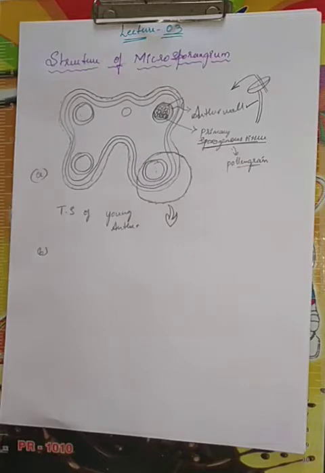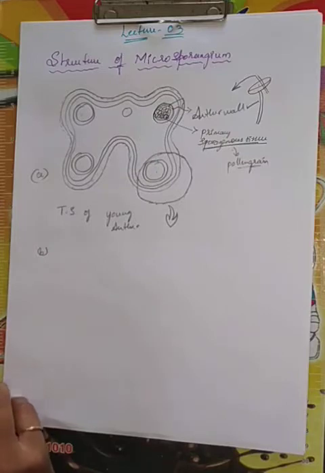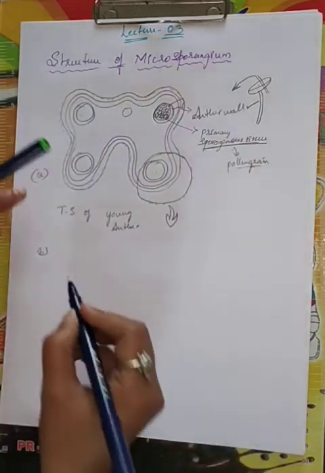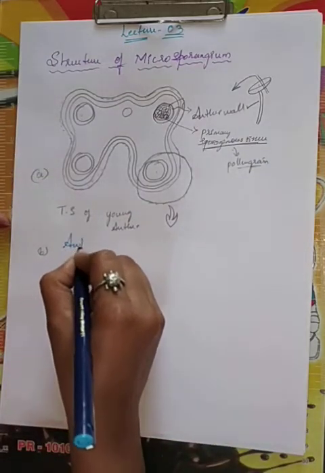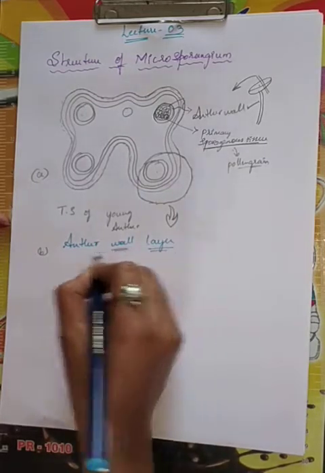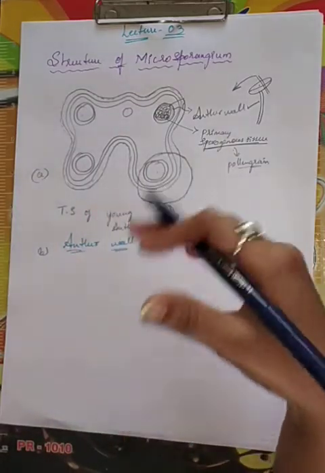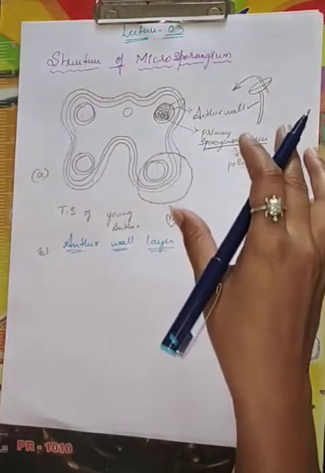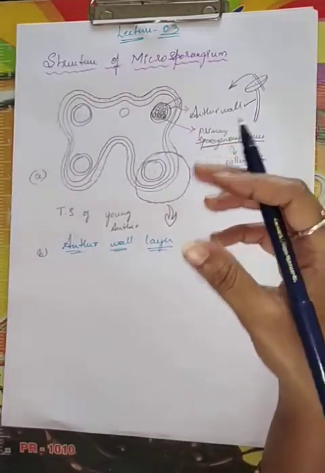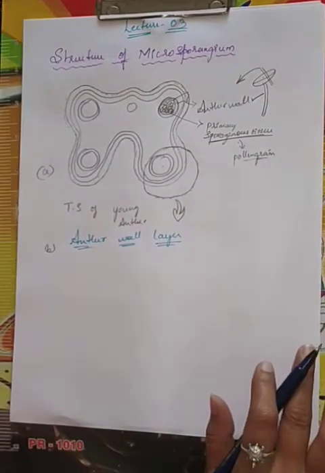Okay, let us move. First one, the anther wall layer consists of 4 layers actually. Now let me write here the heading: anther wall layers. In your NCERT this much deep discussion is not there, only within a few lines he just wound it up, but for your convenience and better knowledge, I am going to teach you in a deeper manner. Please concentrate.